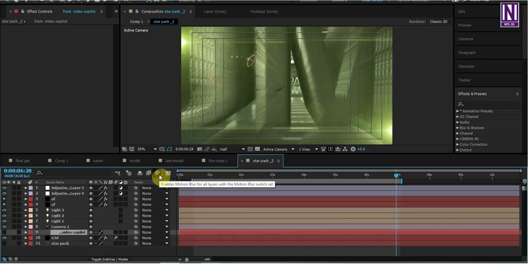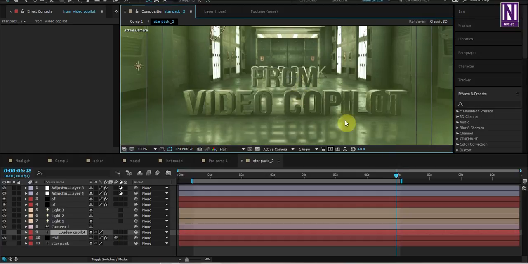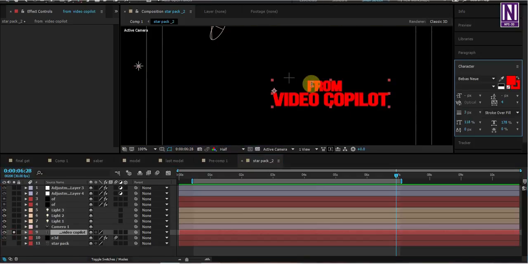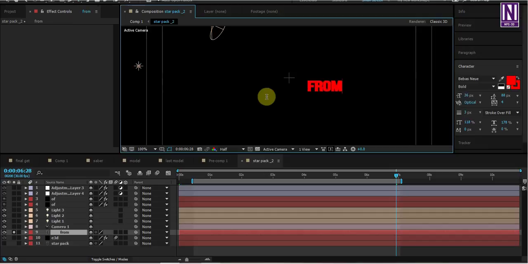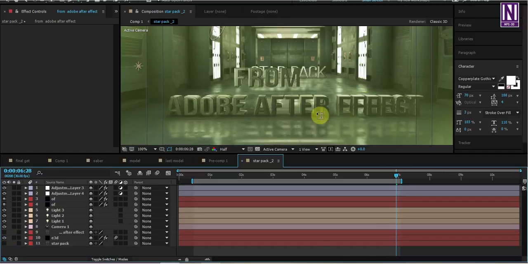I search the motion blur here. So if I change the text here, from Adobe After Effects, it will be automatically changed with lighting, everything.